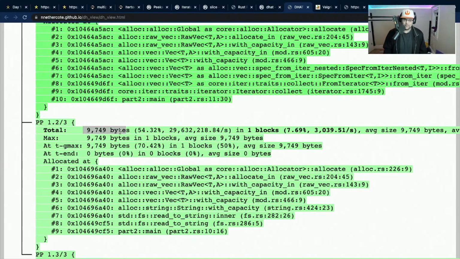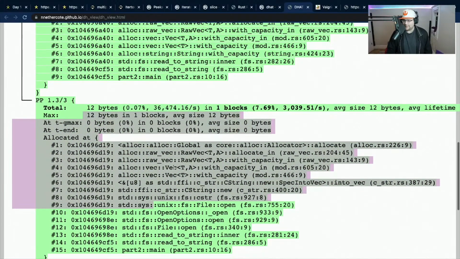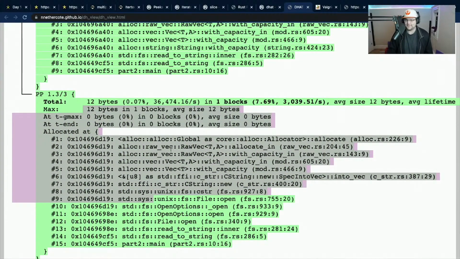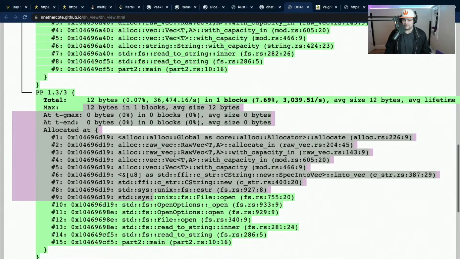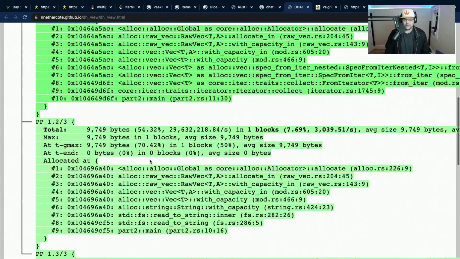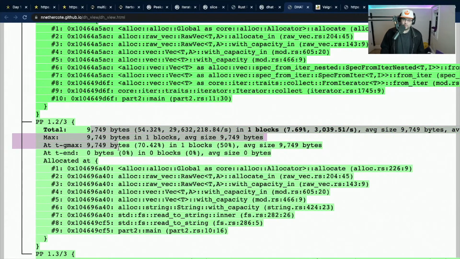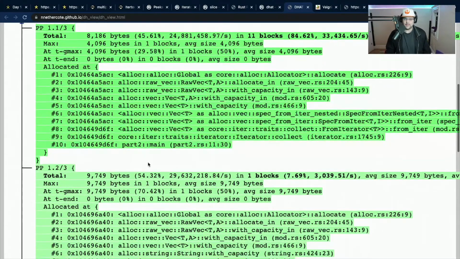So this is the file getting pulled in. I think this is something else. 12 bytes sounds to me like a pointer of some kind, like a really small, hey, we're starting a thing. And then we read the file in. So this comes in as a string at 10K.